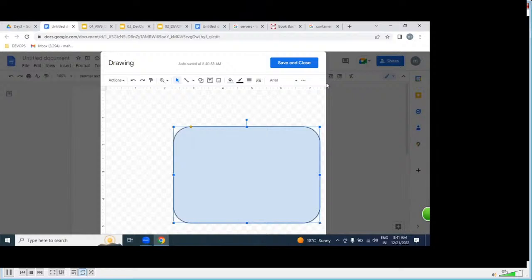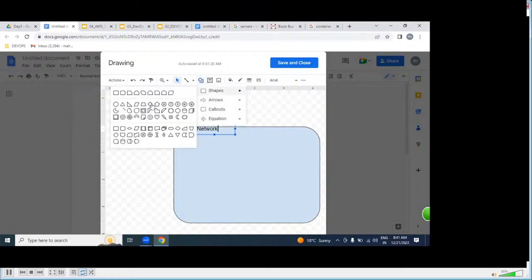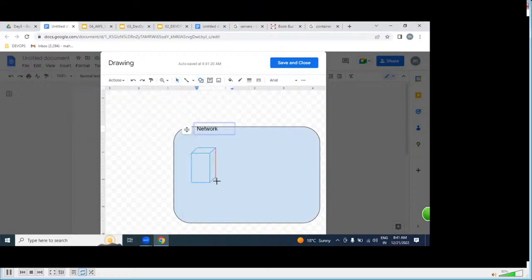So once this network is established, on top of this network, we are going to be creating a server. Server is nothing but what? EC2. We're going to be creating N number of servers.